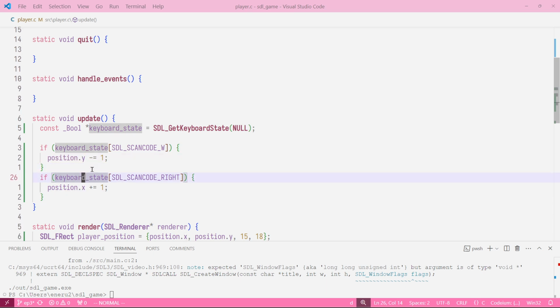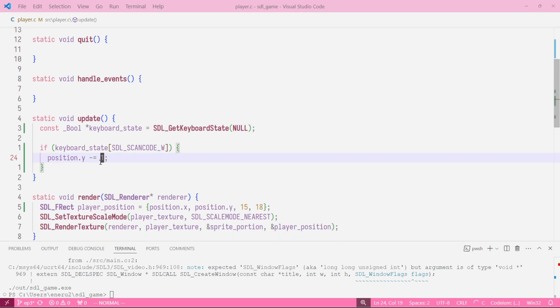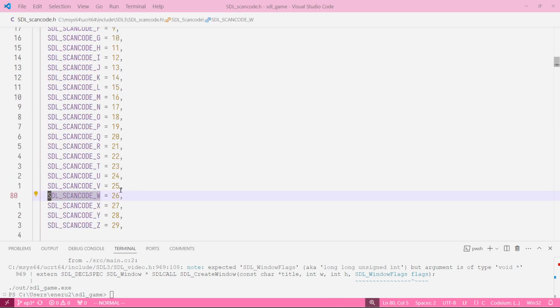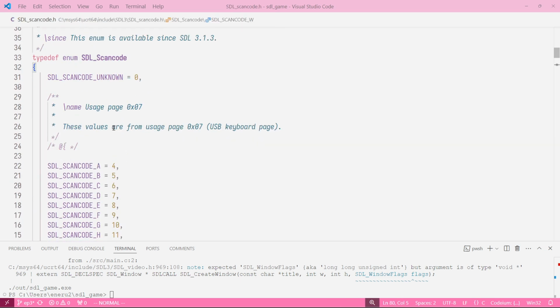Now if keyboard state, and doing this, we're just passing the value inside of the brackets into the function, because this is basically a pointer to another function. If the keyboard state of the SDL scan code W, which is an enum, SDL scan code,